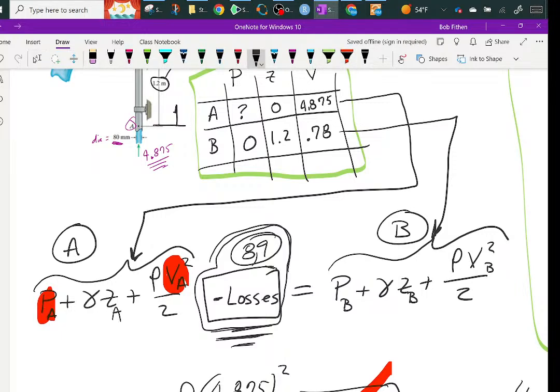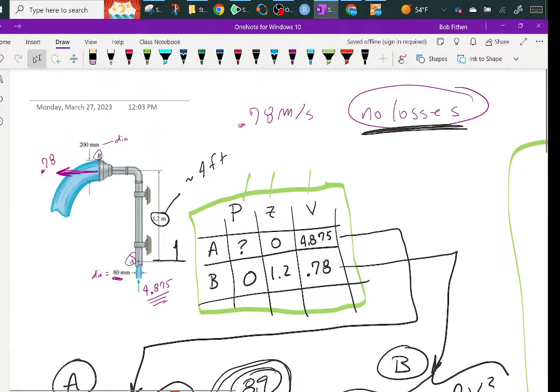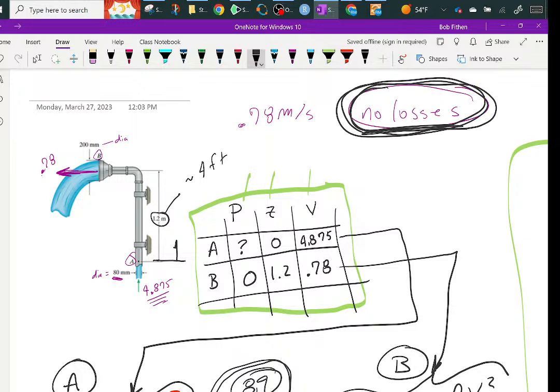I don't understand it half the time. So if you go in and do that, that's helpful. The other thing I would be a little suspect to is you got to really recognize that you're ignoring the losses. With a thin pipe and 4 feet, they're actually, and that's a fairly, if you think about it, 4